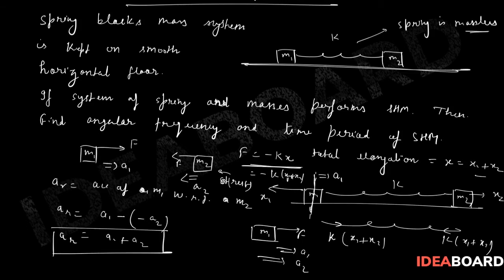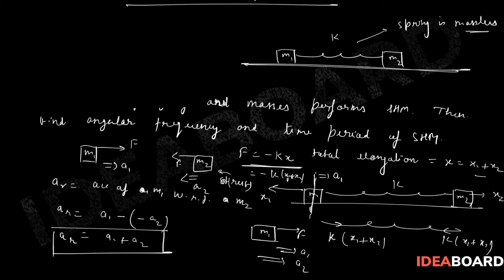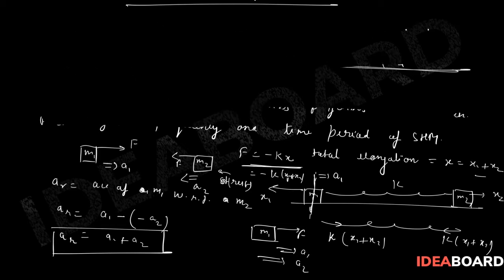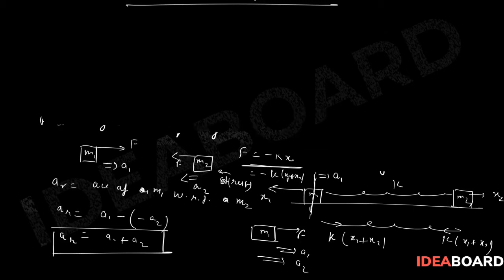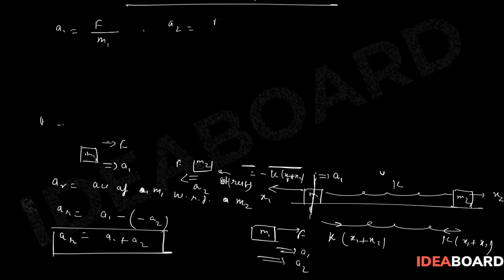And once I achieve the relative acceleration, then I can write the individual accelerations a1, a2. What are the values of a1 and a2? So let us remove this. Pretty interestingly, if you see the FBD, this was the mass m1, force F was there. So a1 can be written as simply F divided by m1, and likewise a2 can be written as F divided by m2. That is the meaning of a1 and a2.